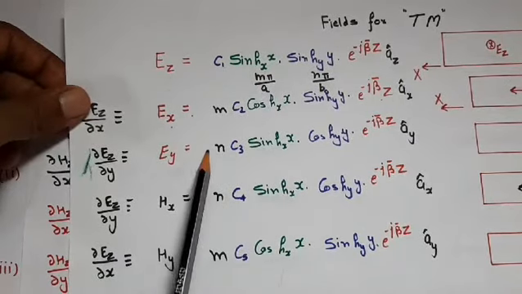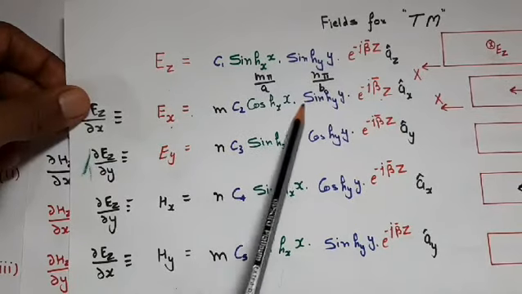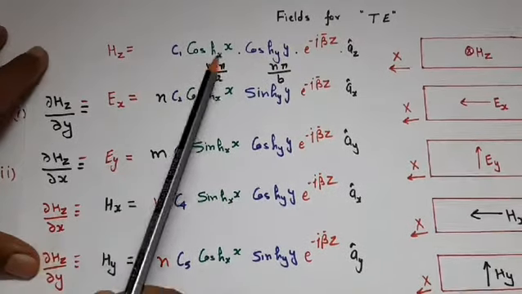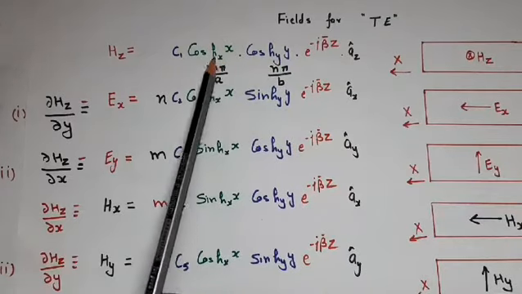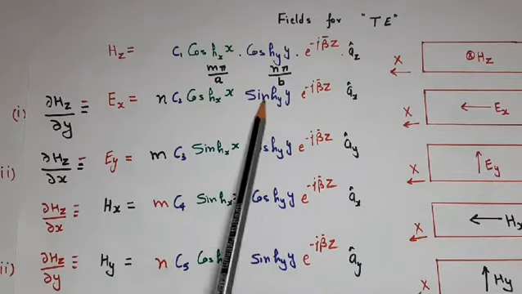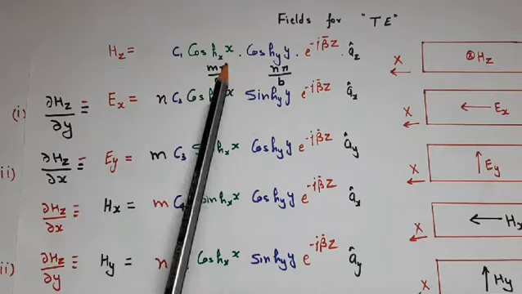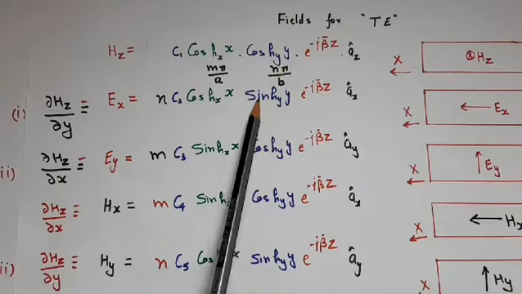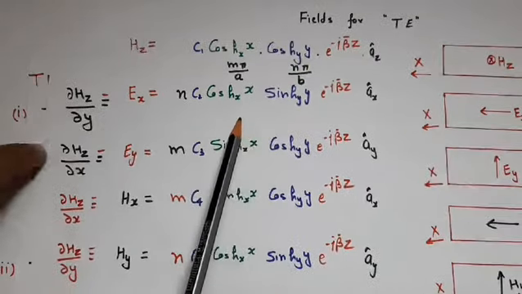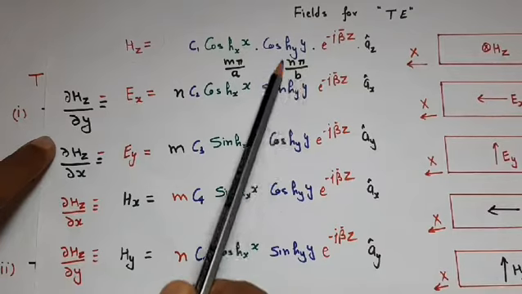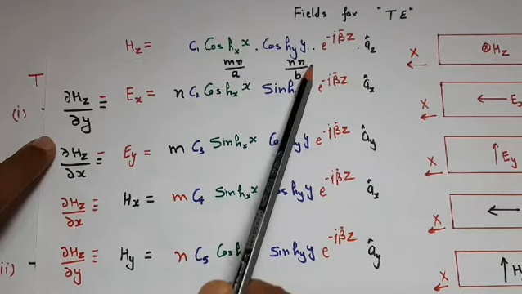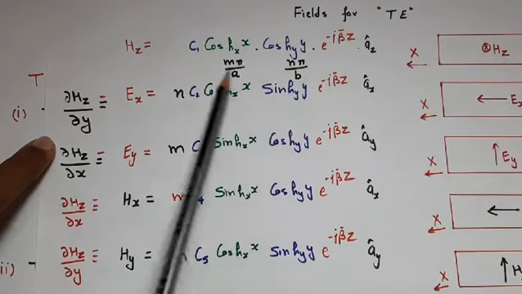We have to know for which field expression n is multiplying or which field expression m is multiplying. If we talk about TE, then Hz has both cosine functions. If we calculate Ex, then for x it is cosine and for y it is sine. It means to receive Ex from Hz, we partially differentiate Hz with respect to y, because the derivative of cosine is sine. During this derivation, the constant multiplier of y, that is n pi upon b, will come into multiplication. Pi upon b is constant, so we need not write it, and we write only n in multiplication with C2.